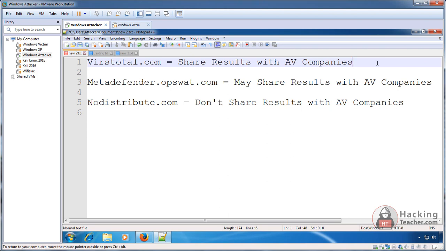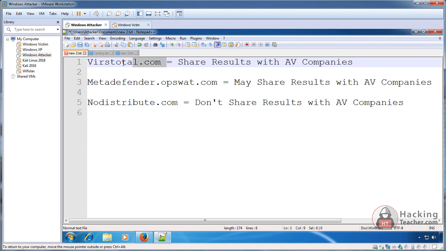But you should not scan your Trojans on VirusTotal. Why so? Because they share your results with the antivirus companies. For example, you created a Ramcos file, then you bought a cryptor and turned your file into undetectable. Now you want to check whether your file has really become undetectable or not.